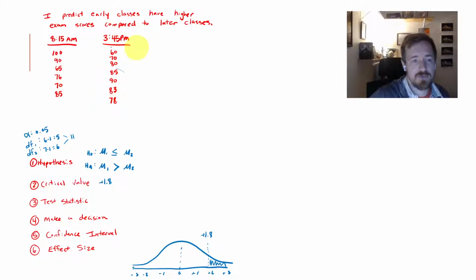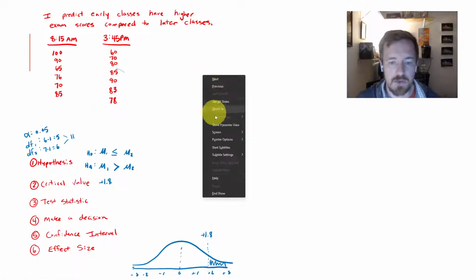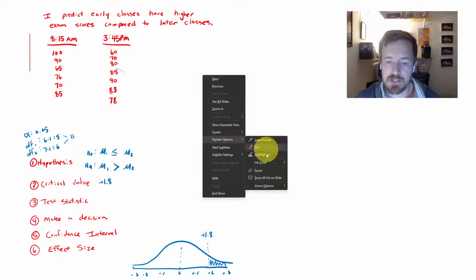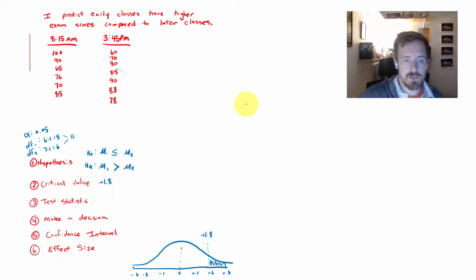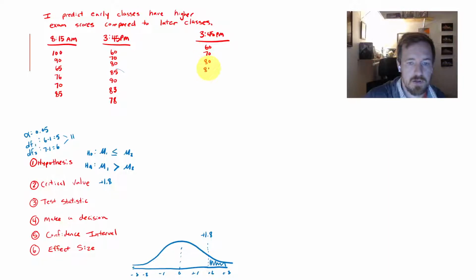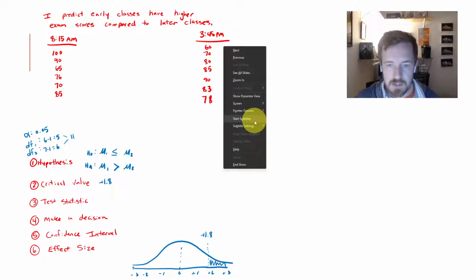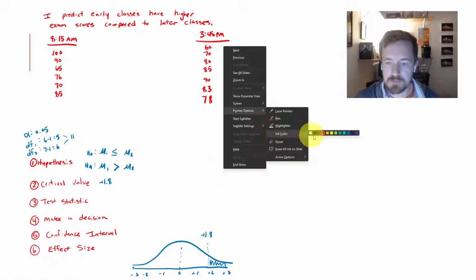I did not give myself enough room to write this out here, so I'm actually going to recopy it just to give myself a little bit of room. So I'm going to put that right about here. And you'll see why I'm giving myself some room like this, because I'm going to do the same thing for both groups. And so it'll be very cluttered if I did not make them far apart like this. All right. Let me put this back in blue.